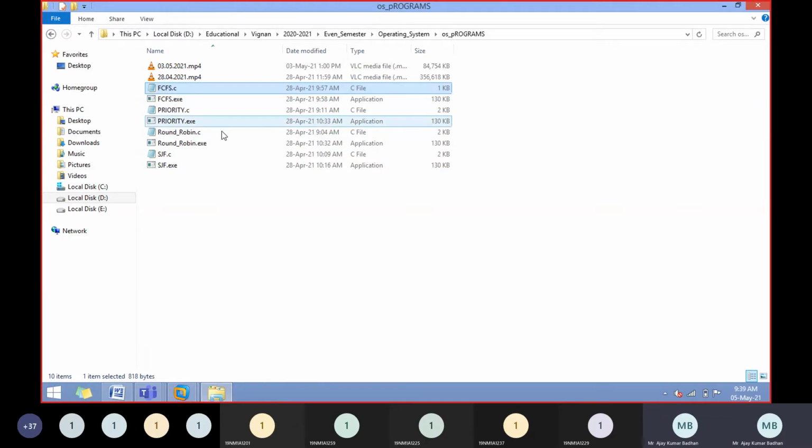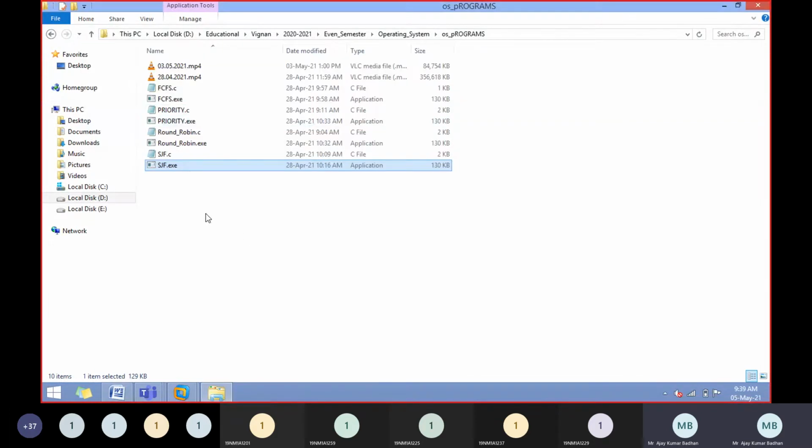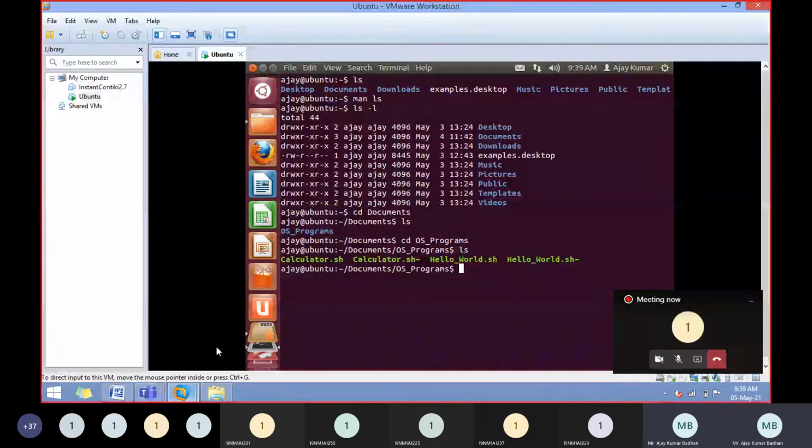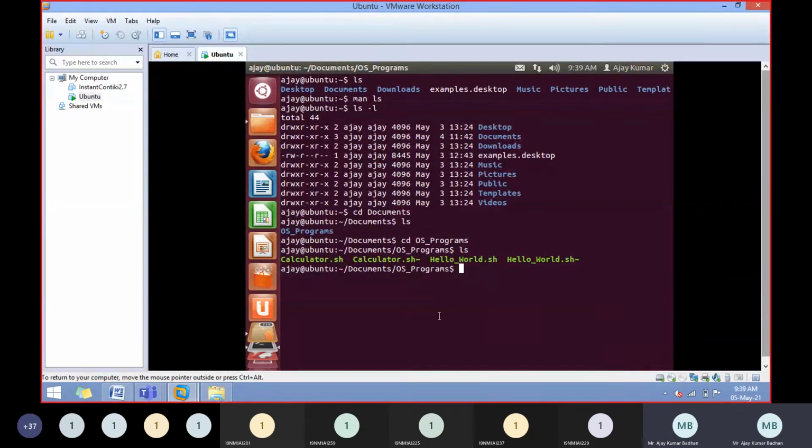Actually, a .obj file is created when you are using a text editor. Since I'm using Dev C++ now, after execution it is automatically converted into an .exe file. So every file you can execute here directly. If you use a text editor, an .obj file is created, and that is what we call an object file. That object file will have this particular program in zeros and ones. The compiler converts it into zeros and ones and represents it that way.